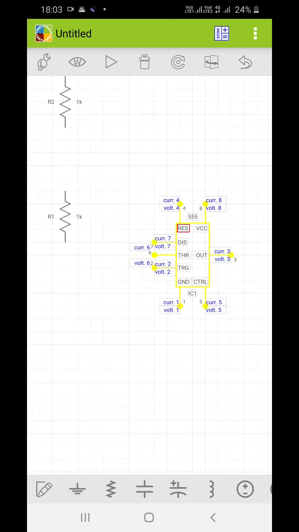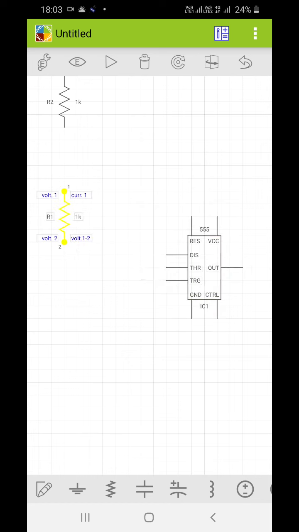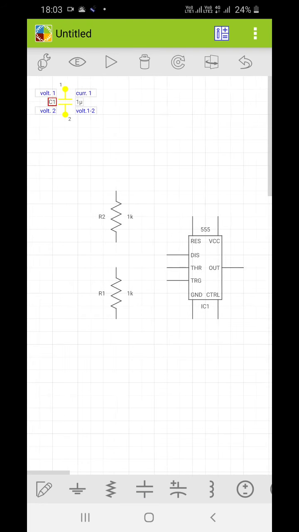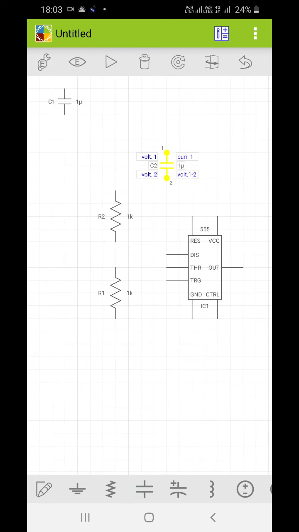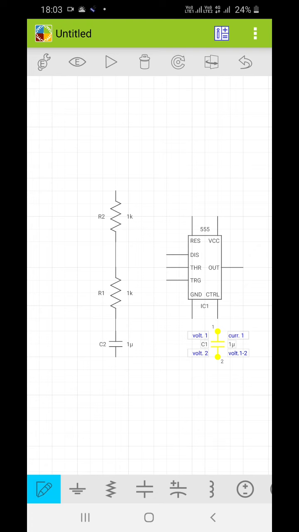Let me adjust the screen. Let me take another capacitor. I will require 2 capacitors over here. Make sure to connect them the same way as I have shown you. You can take the wire from here.